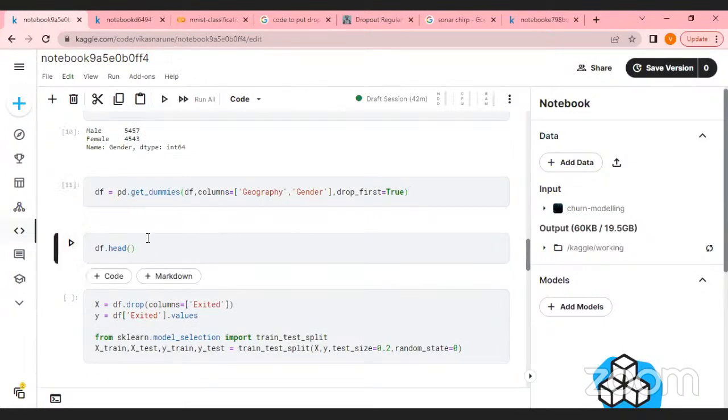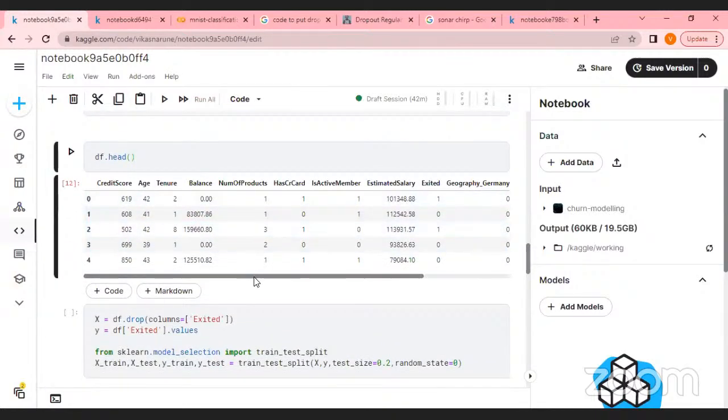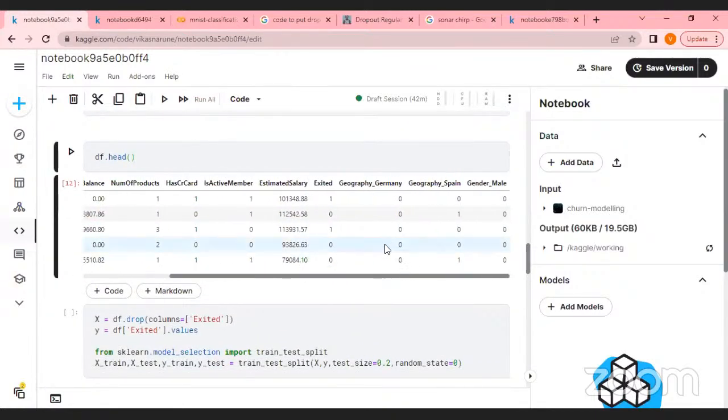And then we'll try to check how that DF column looks like. So we can see here, geographical location is now converted into the numerical value 0 or 1, whether they belong to Germany, Spain, or gender, male or female. Similarly,